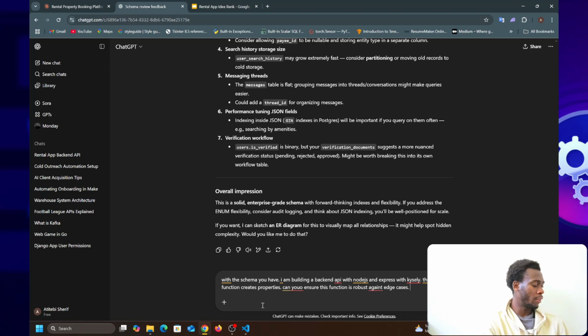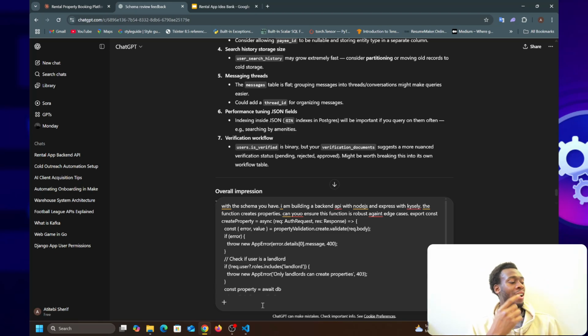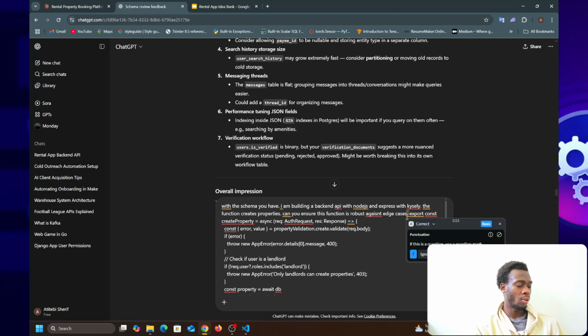And yeah, I'll paste the create property function. So let's just send it.